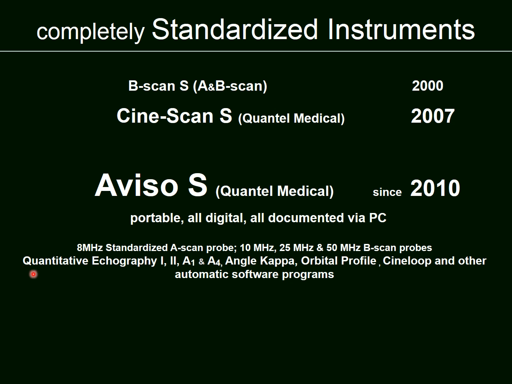Automatic software programs of this unit include quantitative echography 1 and 2, the A1 and the A4 for the diagnosis of detached retina and its differentiation from dense vitreous membranes. For absorption documentation, the angle kappa, an orbital profile for the evaluation and graduation of Graves orbitopathy, and most important, the Cine loop that has changed standardized A-scan